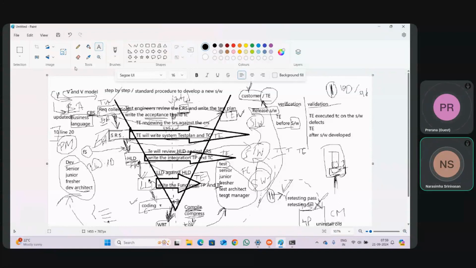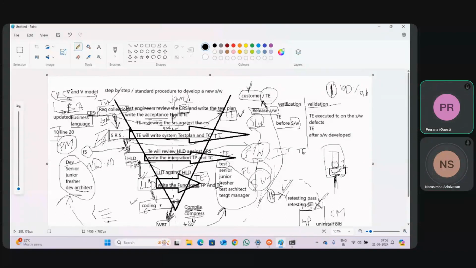So what is verification? Again, testing the CRS, SRS, HLD, LLD, and checking whether it is according to the customer requirement specification is called verification. It is done by the test engineer before the software is developed. Validation is done by the test engineers. Here the test engineer will execute the test cases on the software to check whether the software is developed according to the customer requirement.